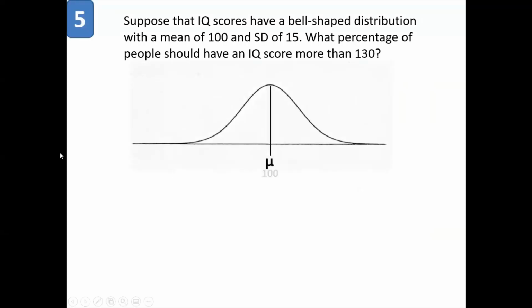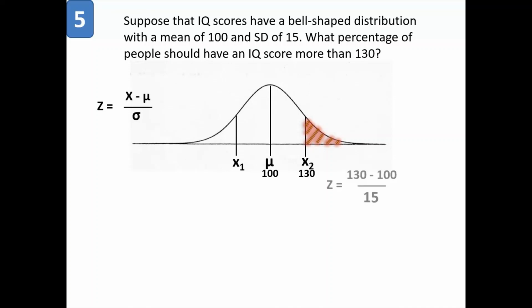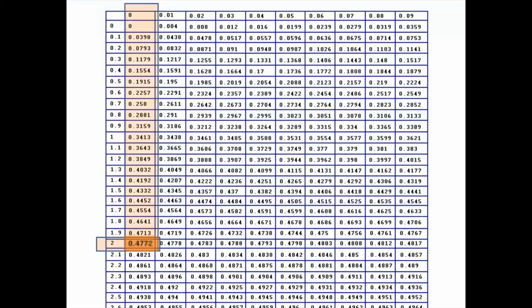So you want to calculate this. This is your x1. This is your x2. Right now we are not considering x1. We have only x2, which is 130, and we want to calculate the distance of this area. So what is the percentage of population in this area? Okay. So now first we'll calculate Z for x2. We'll go by the normal method. The Z comes as 2.0. So my x2 is at 2 standard deviations from the mean. So I'll go to the Z table. I'll look for 2.0. It comes as 0.4772. The distance is